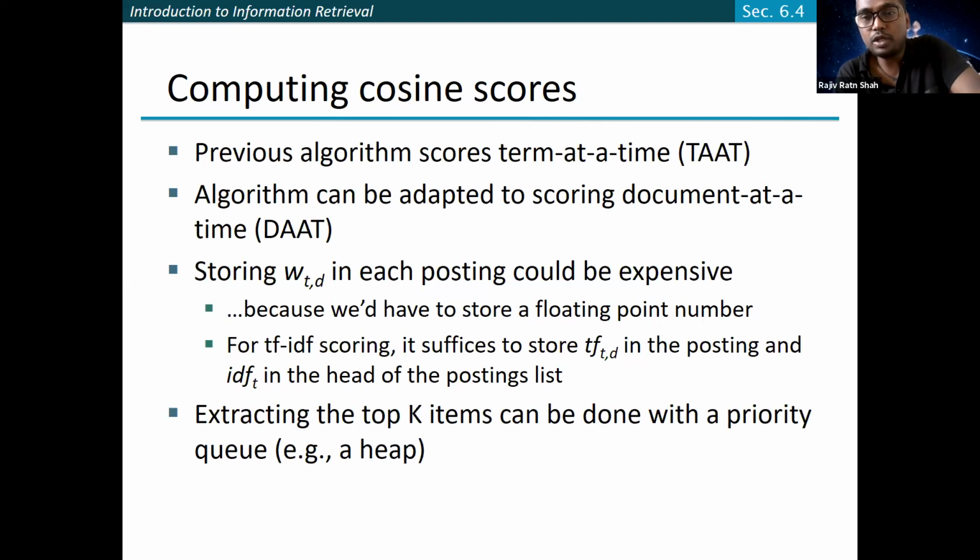So you don't have to look into all 100 groups. You can focus on only the 3 groups which are similar, and once you find these 3 groups, you can compare the different documents inside them. Similarly, extracting the top K documents can be done with a priority queue, that is a heap that you have used. In a way you can do so.